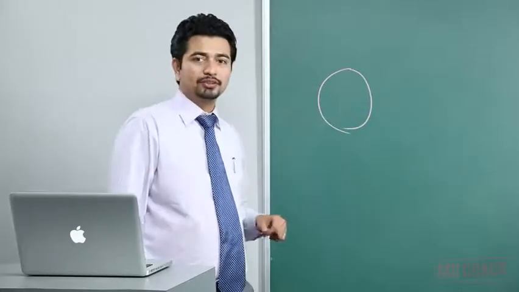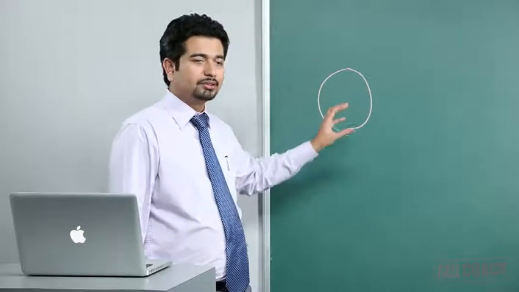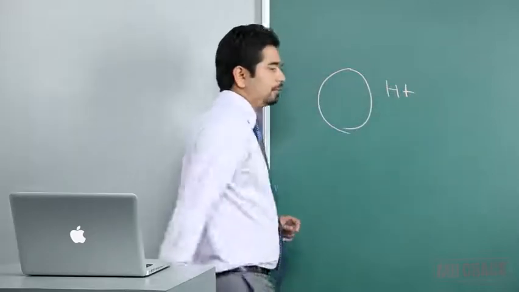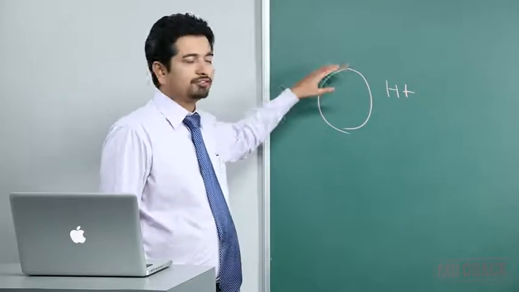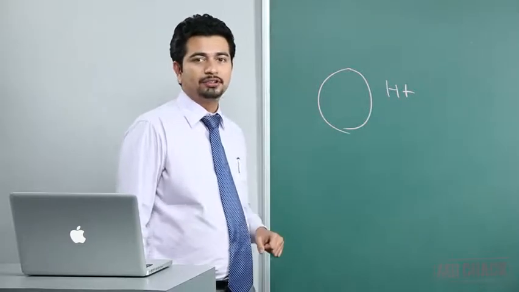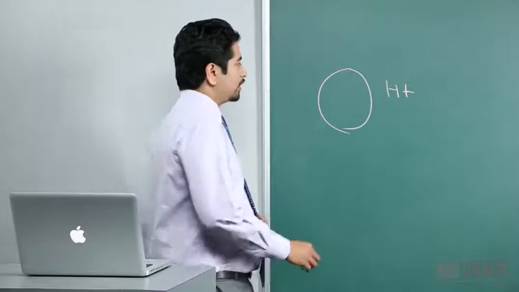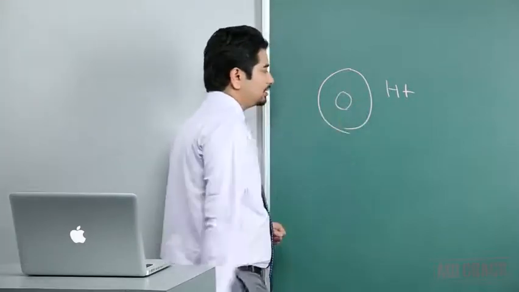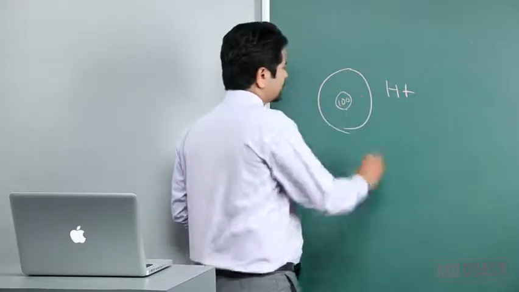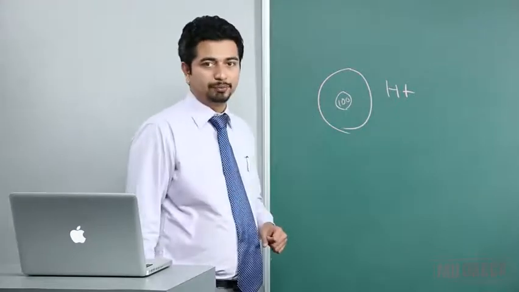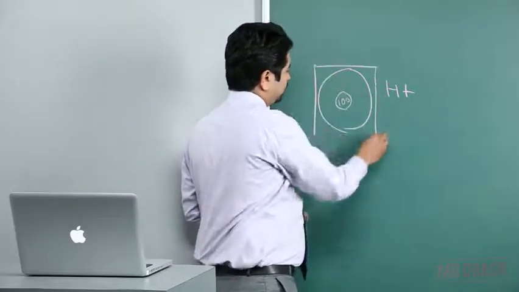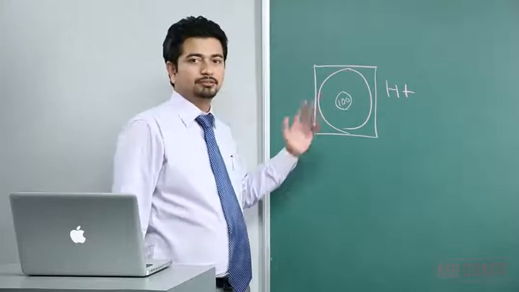Say for example, this is the whole population. I want to derive the height of this population. Now if this population consists of 1000 people, it would be very tedious for me to go to all 1000 people and take their heights. So what I do, I randomly select a small sample out of them. I say these are 100 people, and I go to these 100 people and take their heights. And then whatever the average height is, I say okay, the average height of this population is that much.